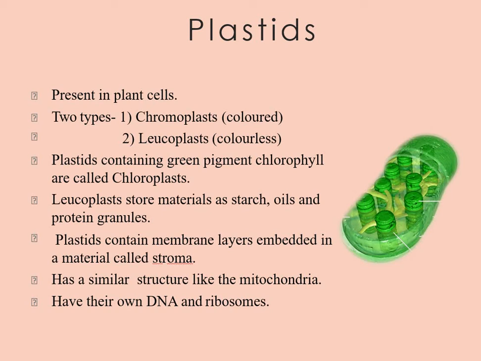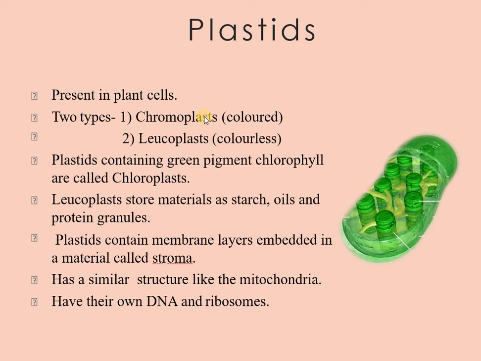Plastids are the cytoplasmic organelles which are visible under the light microscope. However, their detailed structure can be seen only under the electron microscope. These organelles are found in plant cells but are absent in animal cells. The plastids of higher plants exist in a variety of forms and have a wide range of structure and function. Basically, they can be categorized into two broad categories, that is your chromoplasts and the leucoplasts.